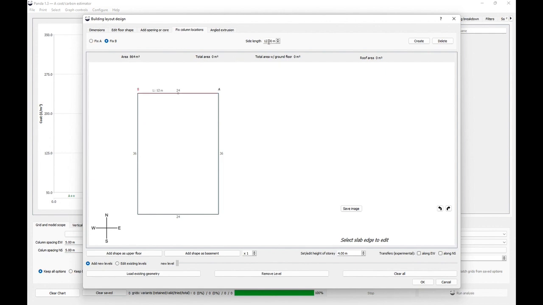So if we click on here, we can now set a side length at, say, 10 meters, create. We can do another one at 14 meters, create. And what we've basically done is force two grids. So in the event that the columns want to be on these lines, this will now split the slab accordingly. Add shapes as upper floors,